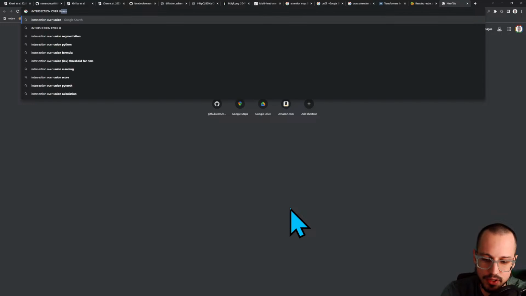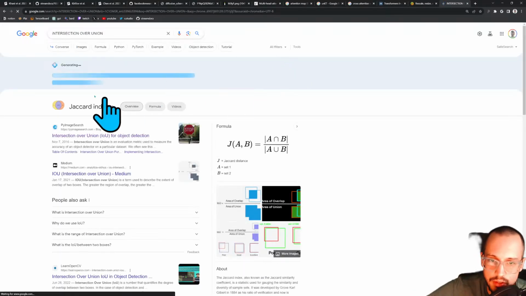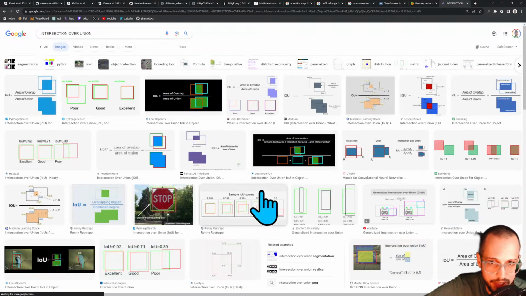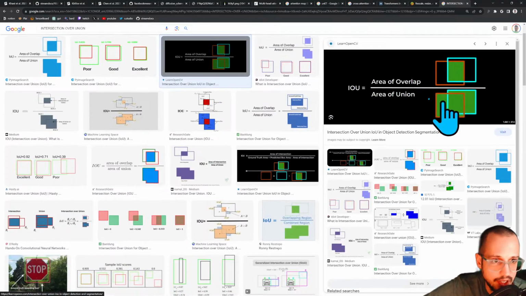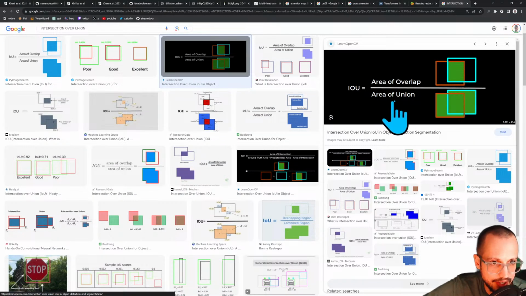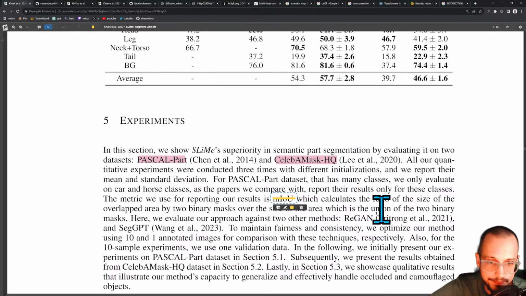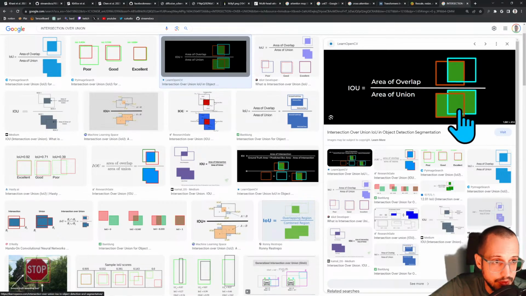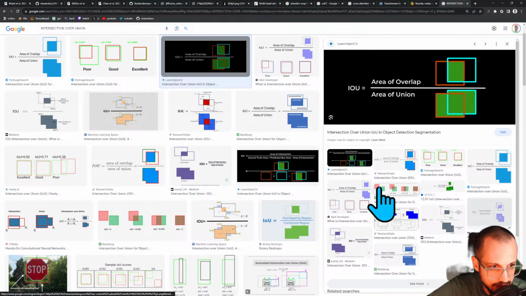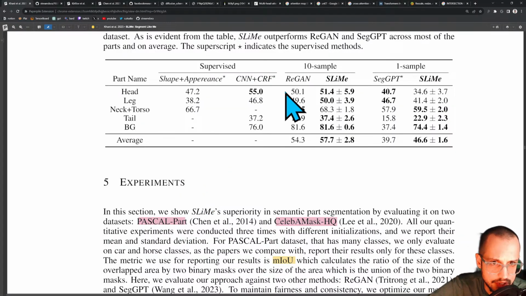intersection over union, I think it's super easy to understand with a picture. Here you go. Area of overlap over area of union is the intersection over union. And then the mean IOU is basically the average of that over an entire test dataset. So that's what mIOU is. A mIOU of 1 is perfect, and a mIOU of 0 is garbage. So you see here,